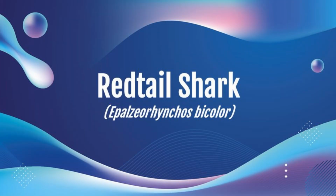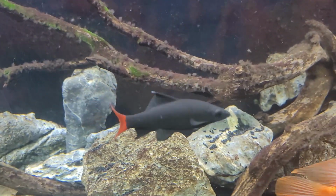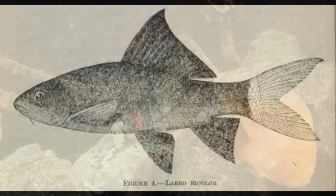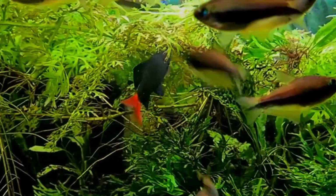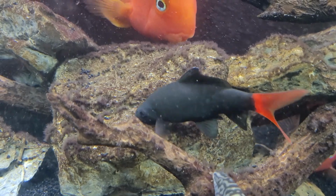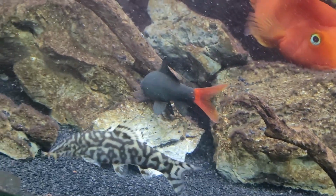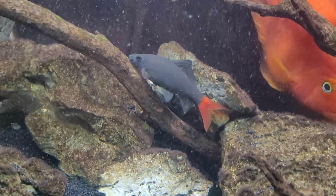The second shark on the list is another common one that I mentioned in the intro. It's a Redtail Shark, and so this is a fish I actually keep right now in one of my tanks. Another common name for them is the Red-tailed Black Shark. The origin is Thailand, and their appearance is a sleek black body with a vibrant red tail. Again, like the Bala Shark, they're common. You can find them in most stores. Their aggression is semi-aggressive. They get to about 5 to 6 inches for the maximum size, and they'll live about